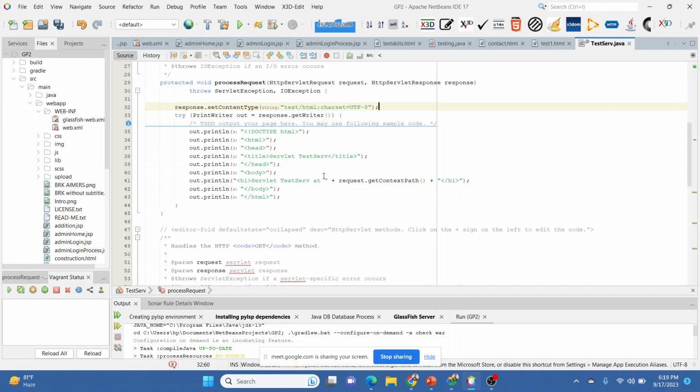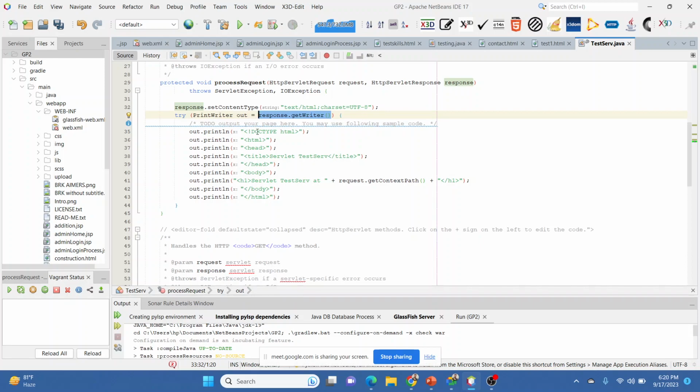So we create a writer with response.getWriter. The request object is used to retrieve the data that came from HTML to the server side, and the response is used to give the result from the server side to the client side. So response is for response generation, and request is for retrieving the request from the client side.